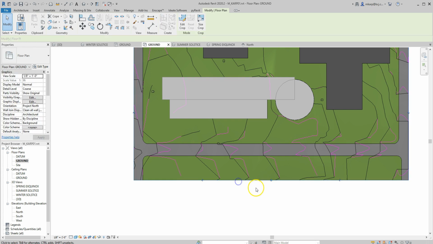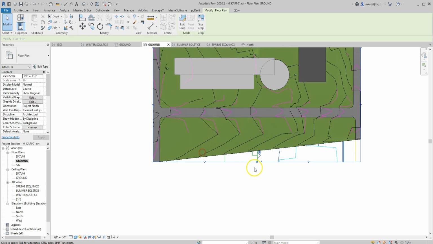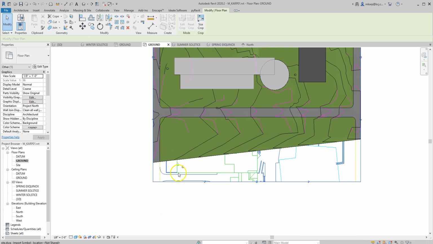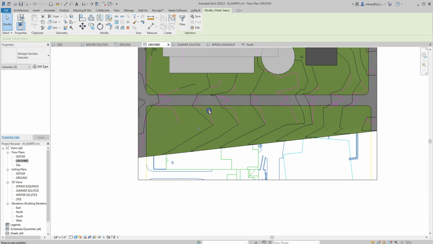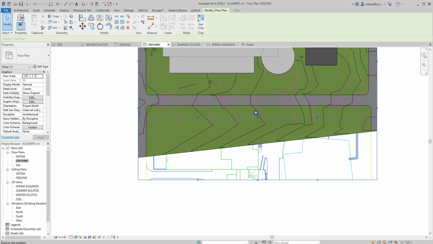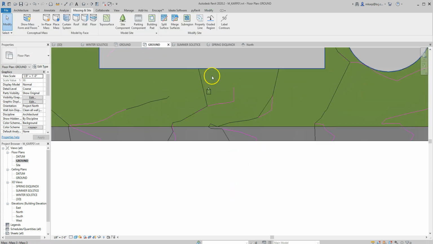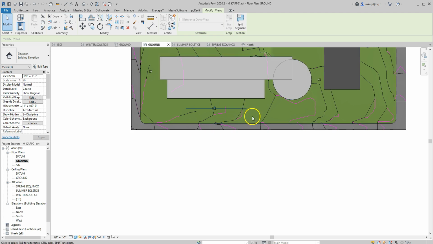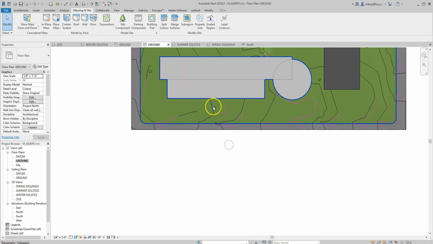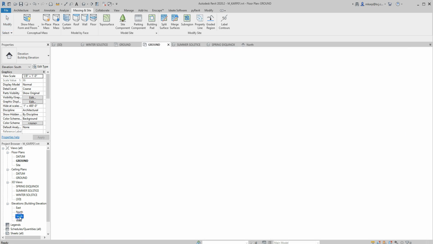My last one, my south one, is hidden, so I'm going to extend this down until I can find it. It should be down here somewhere. There it is. Selecting that, moving it. All right, and check out. So these elevations are not going to be quite right starting off because they're going to be way down on the datum level. So if I go to my south elevation,